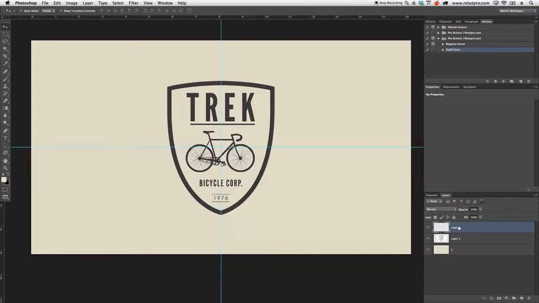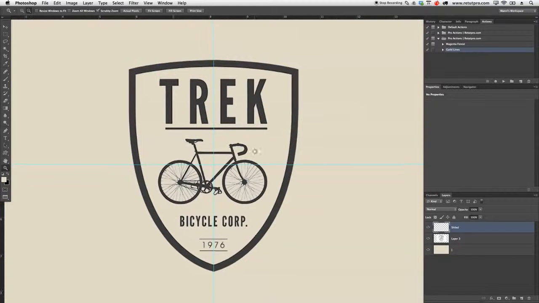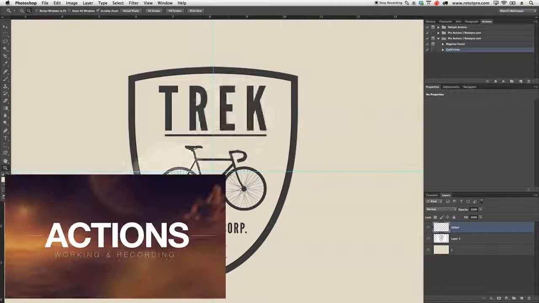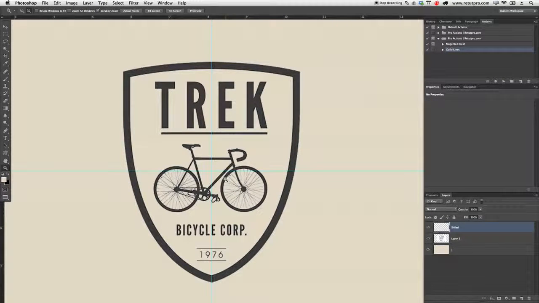First of all, I'm going to create a new layer here, which is going to be my first shield. So basically meaning we're going to just replicate this shape here, build the shape, and then also work on from there. Okay, I'm going to zoom in a little bit closer, and as you guys can see, I've already got some guides here in the center. You can watch our tutorial on how to work with actions, then you can also quickly get some center guidelines in your image. I'm going to go up to the top, move tool again, and just drag down a new guide,